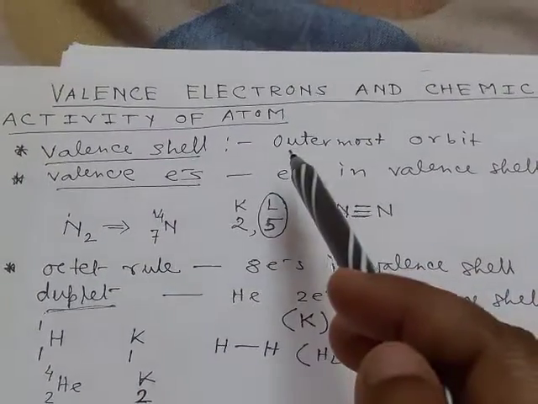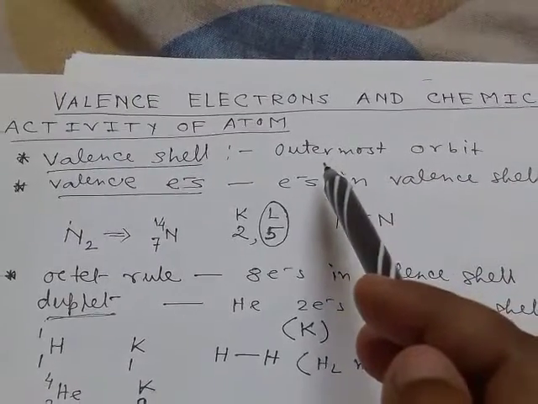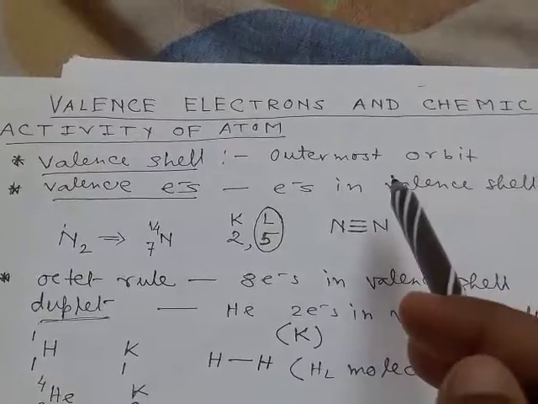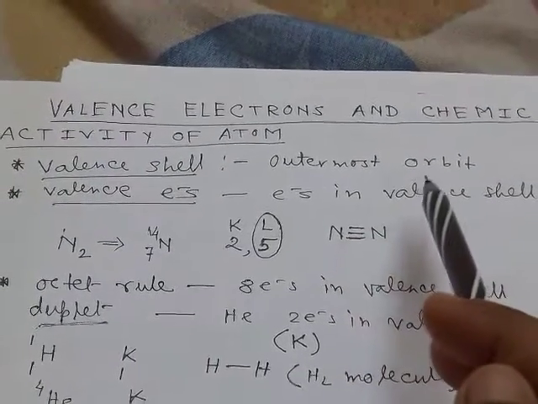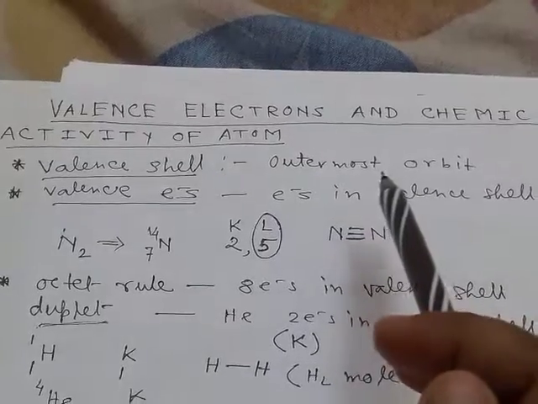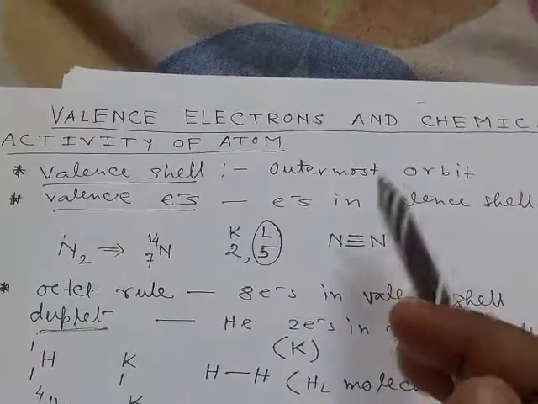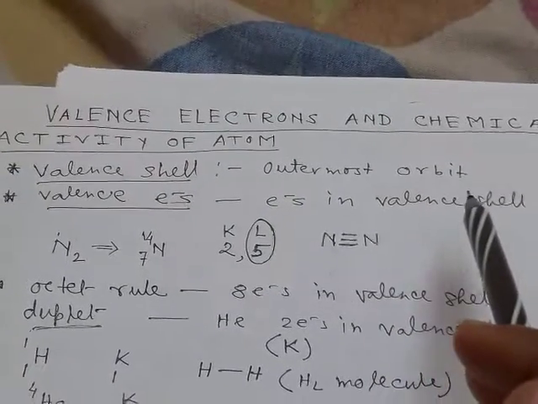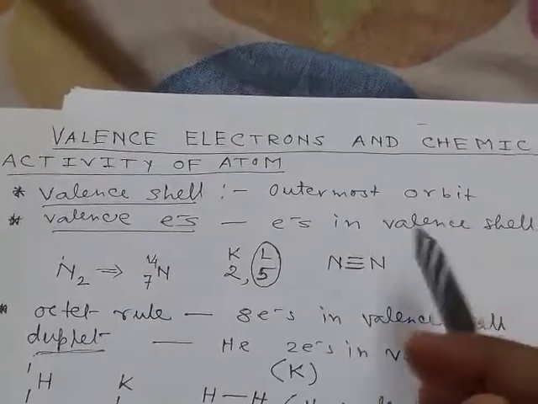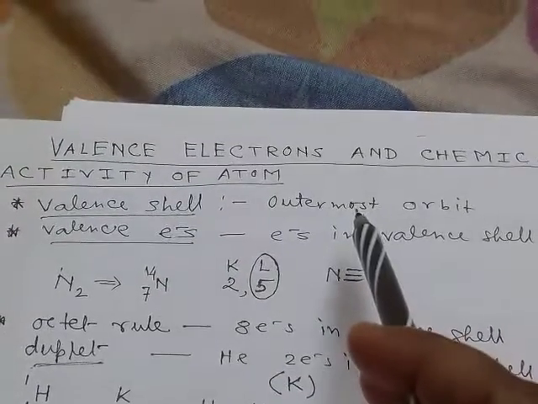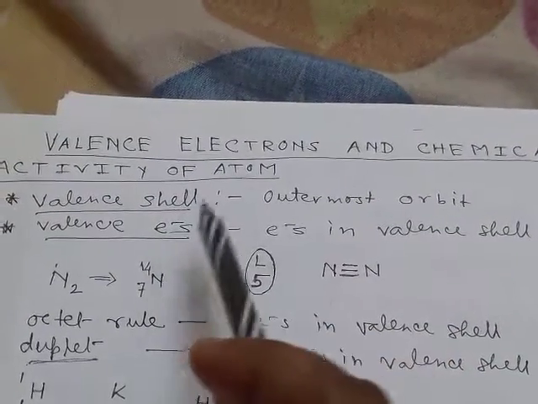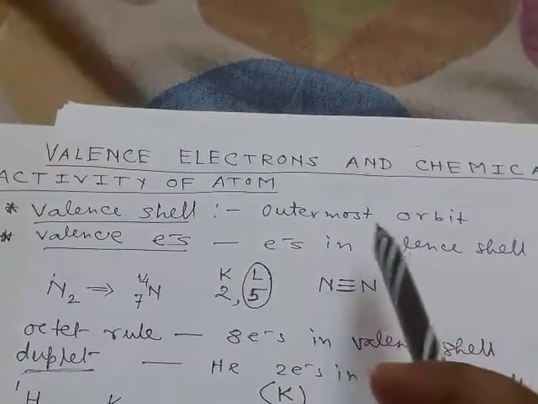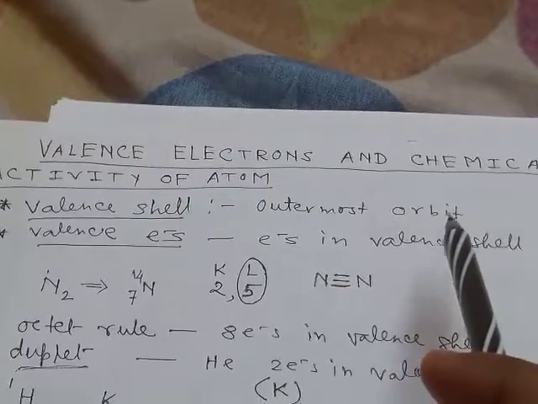From our previous discussion we know that the protons and neutrons reside at the center of an atom, that is called the nucleus, and the electrons rotate surrounding the nucleus along different circular paths. Those are called orbits or shells. Depending on the number of electrons, there will be different orbits for different atoms.